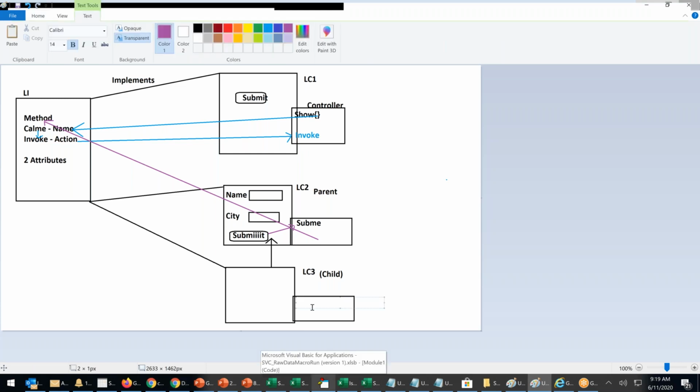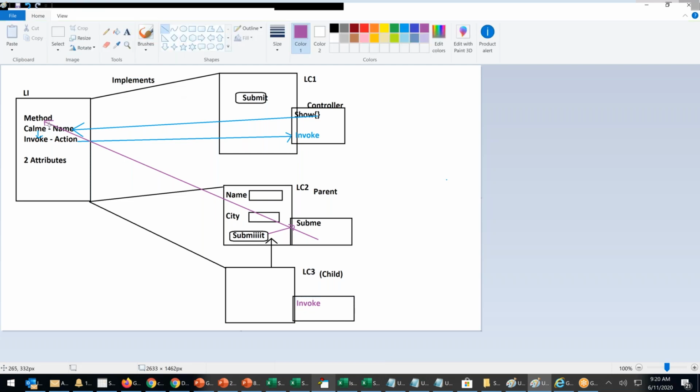Then the system will go ahead and pass the data that we have created. After calling the method, it will pass the attributes. Once it passes the attributes, then here I'm calling the invoke method.